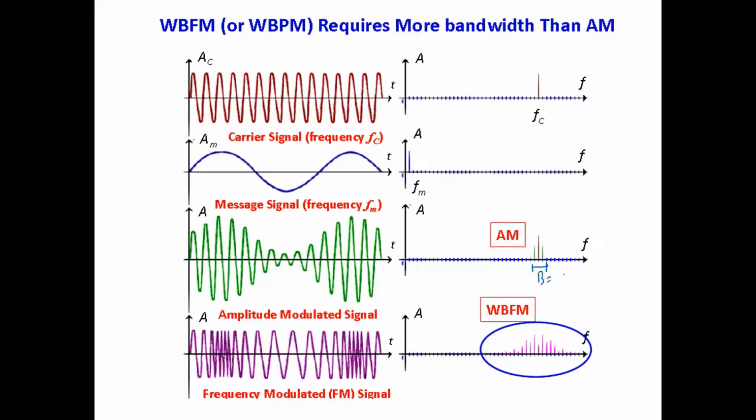Right? Which was equal to 2 fc for the conventional AM. So here what will happen? Your bandwidth for the FM signal will be much higher than the bandwidth for the AM signal. So frequency modulation provides us the advantage of less noise immunity, but it will require more bandwidth than the AM modulated signal. So this is the basics.